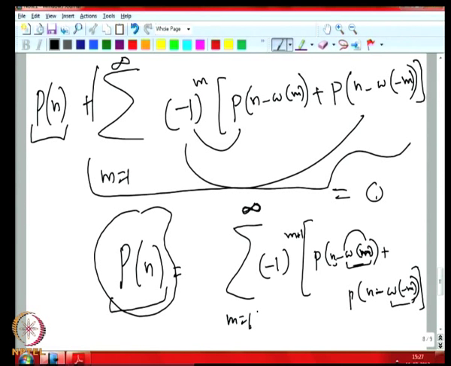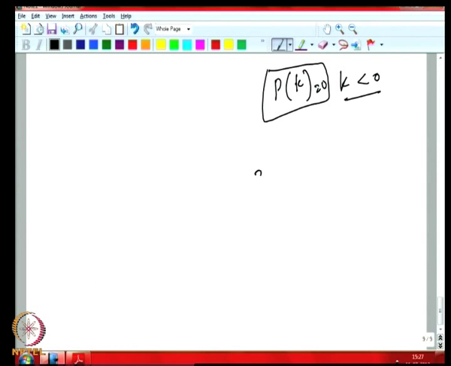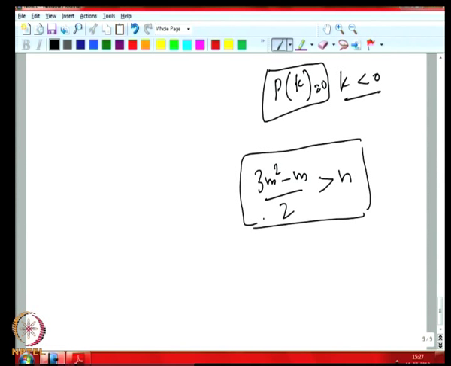When I put m equal to 1, there will be something like n minus omega of m, and we have seen that omega of 1 is 1, right. Then m equal to 2 we will get something, so n minus that. After some time what will happen is, when this 3m squared minus m by 2 becomes greater than n for some m, then onwards we do not have to consider it. This will be approximately square root of n values. So, we can estimate that some constant times square root of n values have to be considered.